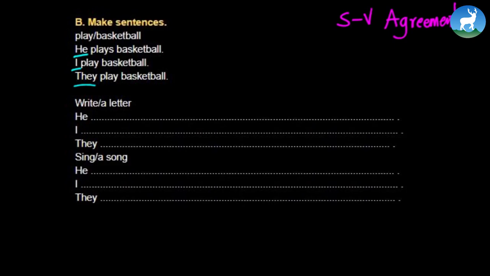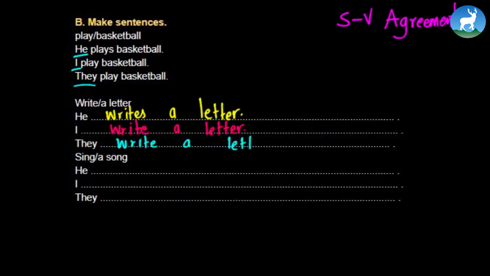Likewise, we can solve these questions. Write a letter. So he will take the verb writes. He writes a letter. I write a letter. Let's look at another one. They, and they will take the verb write. They write a letter. Likewise, we can solve another question. He sings a song. How about I? I also sing a song. The last one, they